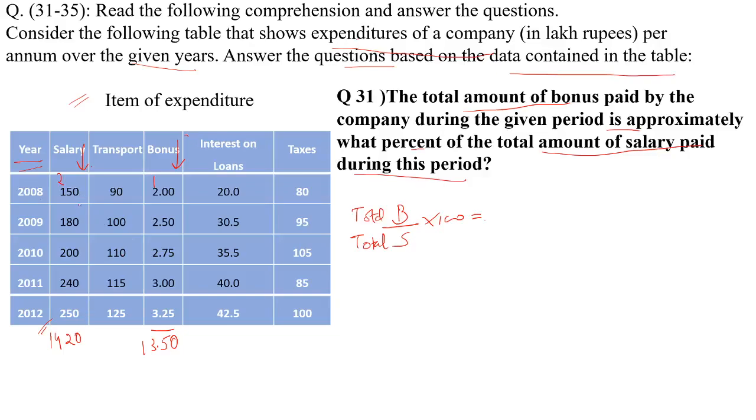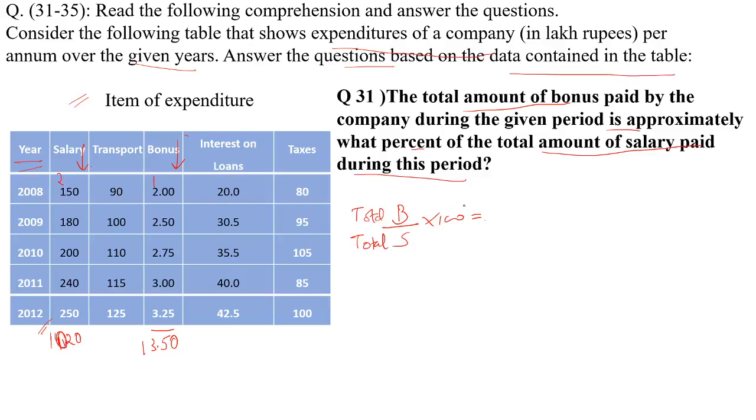Correct? You can check it again. 5 plus 8 is 13, 13 plus 9 is 22, 2 carry, and so on. It is